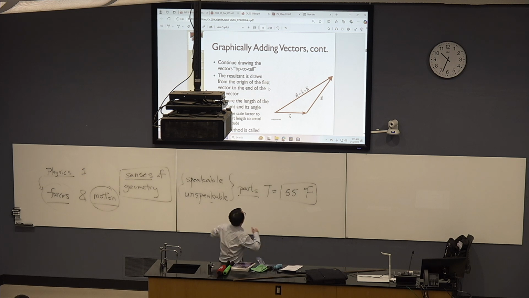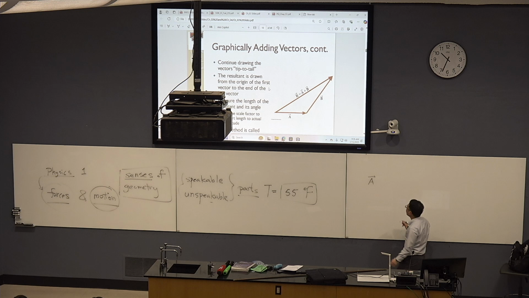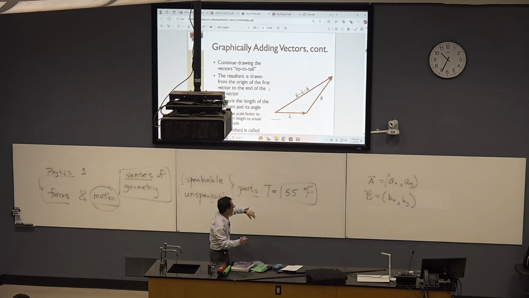Suppose now I have two vectors. Say I have vector A, and vector A is usually denoted by this. I think many of you probably have seen this in high school. In high school, you may define a vector in terms of its components, like this. Say A is equal to AX, comma AY, like this, right? And you have another vector B, which is written as BX, comma BY here, right? But very soon in this lecture, we are going to tell you a different way of representing vectors.